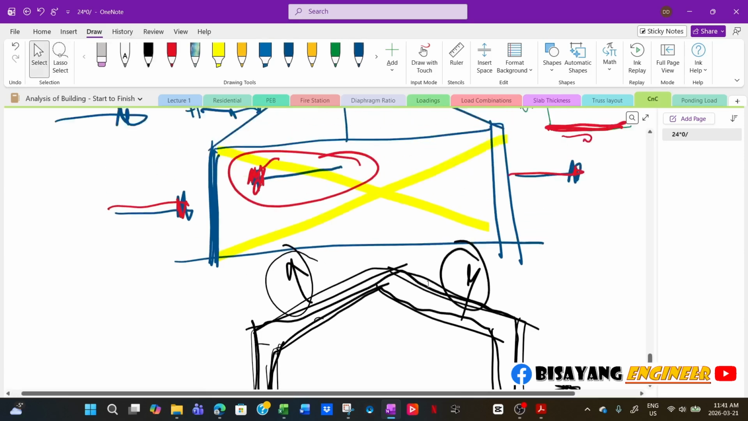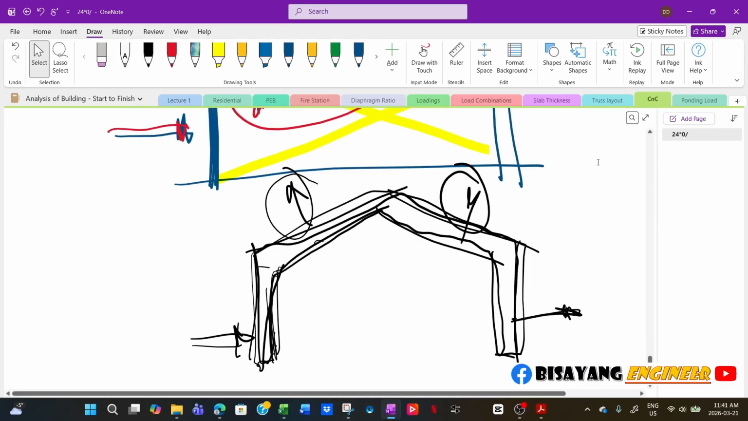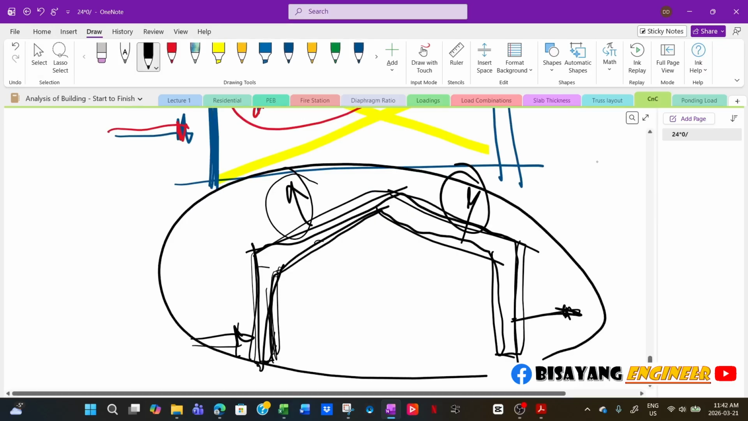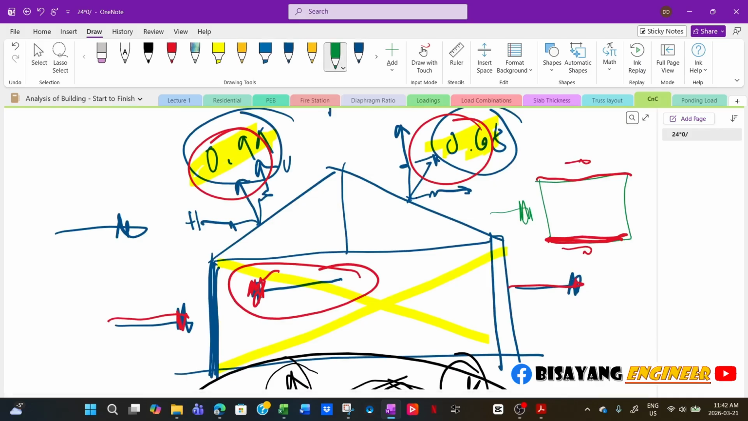So I don't know how other engineers do it with regards to this one. I mean, this is given. It's the same for everybody. But on this one, I don't know how other engineers analyze it. But to me, it's more conservative if you just neglect this one because it will reduce the